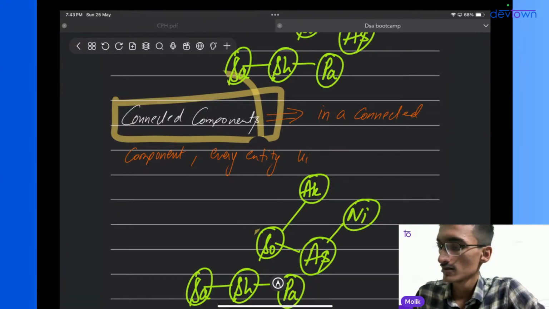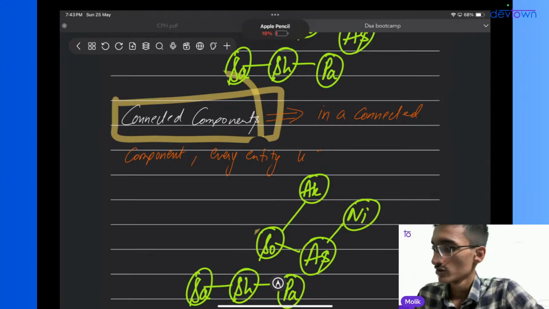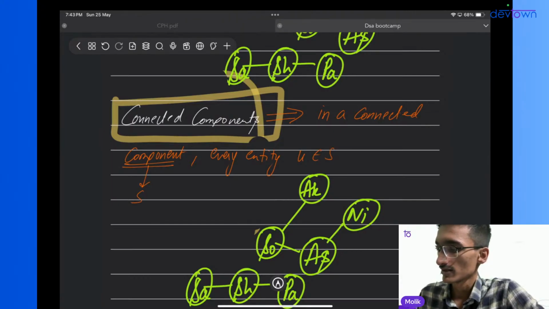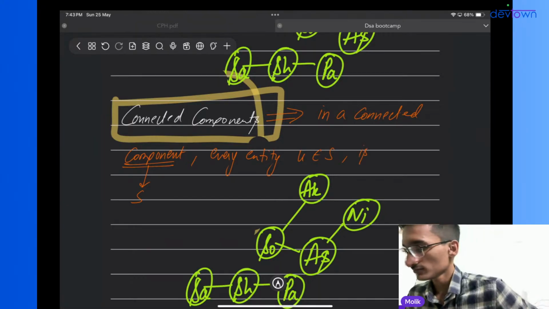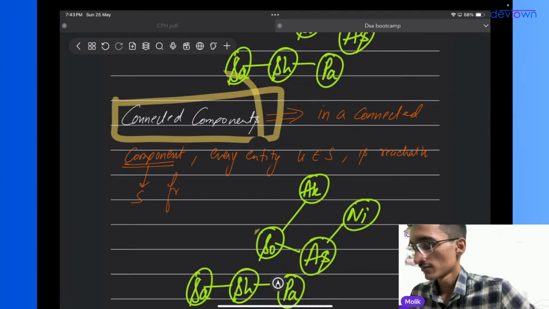Every entity U belonging to S, connected component S, is reachable from